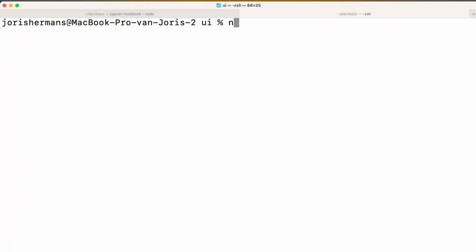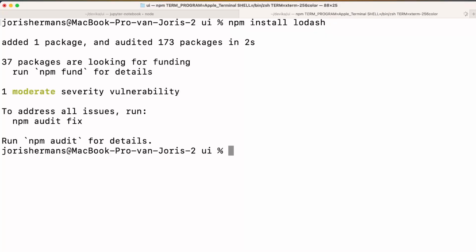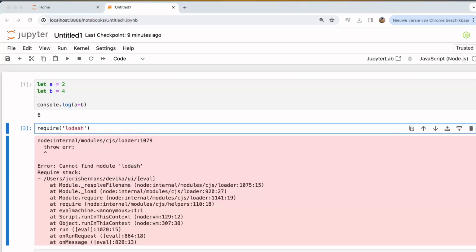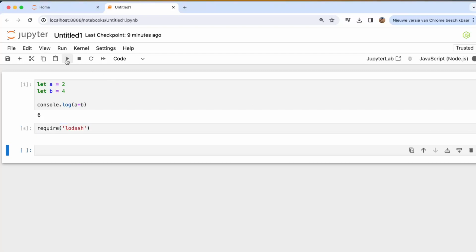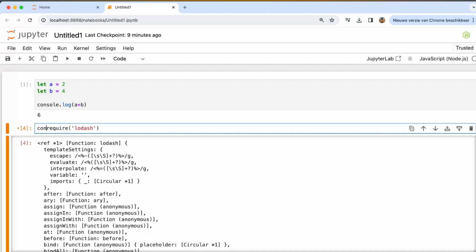So let's do that. npm install lodash. Here we go. We have lodash. So if we now try it again, we get required. So what we can do now is do const lodash, for example,